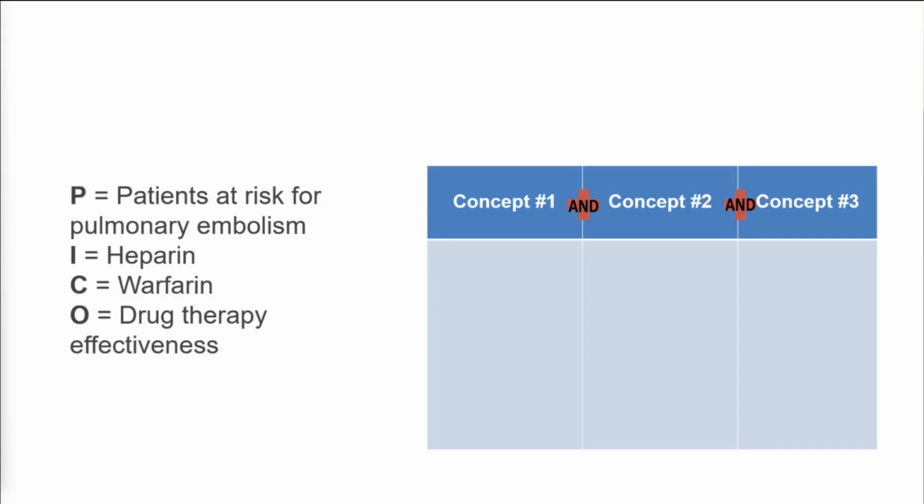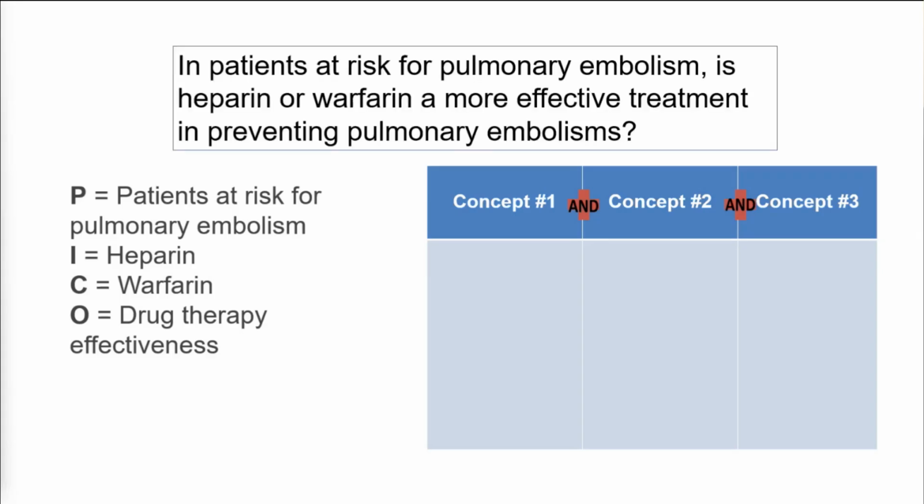I like using PICO because it really helps provide structure and makes your question clear, makes sure it's focused, and you can easily translate it to a research question. So: in patients at risk for pulmonary embolism, is heparin or warfarin a more effective treatment? You'll see that this topic or question really fits neatly into PICO, but it might not work as well with qualitative questions or more conceptual ones. So